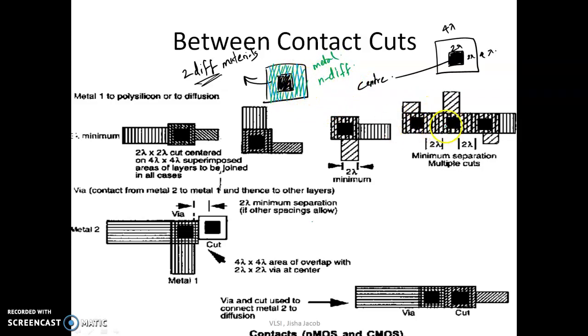The rule that you need to have in mind from this page is this part, the minimum distance between two contact cuts. You have one contact cut here and another contact cut here. The minimum distance between these two is once again 2 lambda. So 2 lambda is a very commonly and favorably used number. I think this is all that we need to know in order to draw a layout of a simple circuit. So let's go right in and study how to do the layout of a NOT gate. First of all,